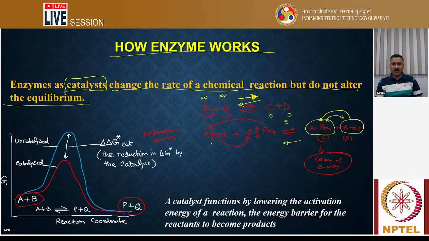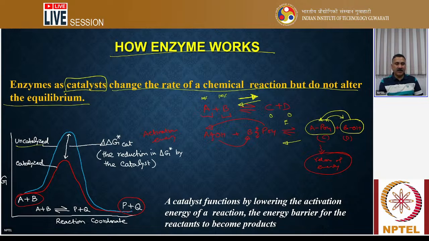And how is it doing so? It is doing so because it is reducing the activation energy, right? What is meant by activation energy is this: suppose you have A and B, and they form the products P and Q. A and B have these groups, OH and PO, the phosphate groups, right? And this exchange of material requires them to cross an energy barrier, and that energy barrier is very high if there is no enzyme present, right?